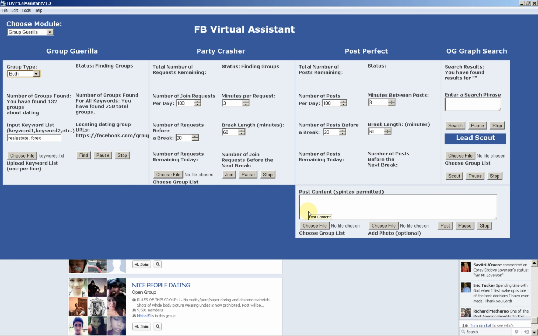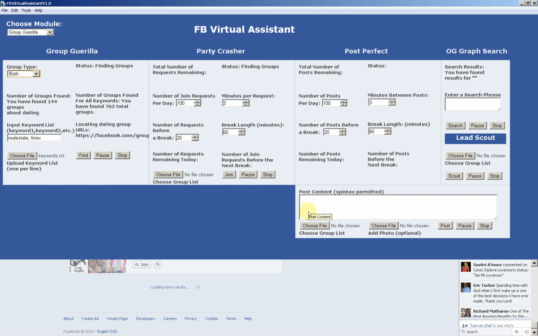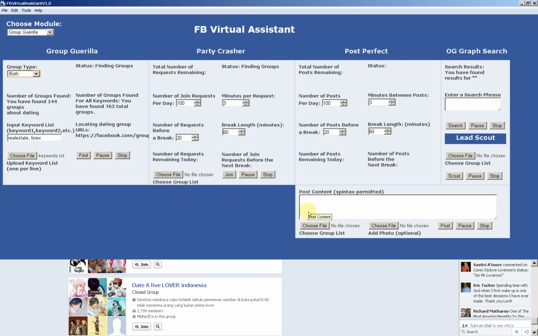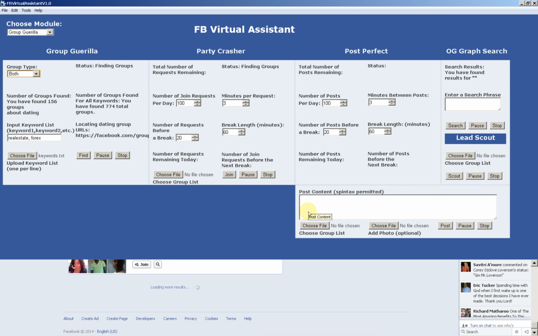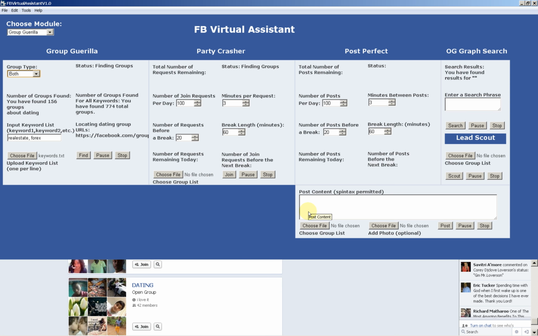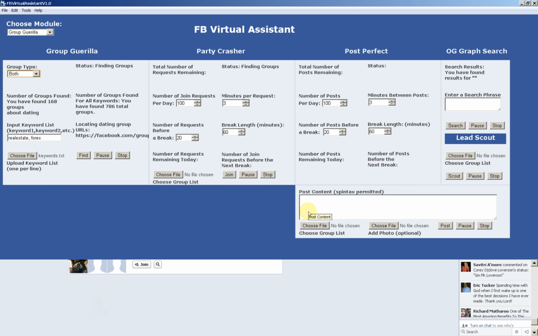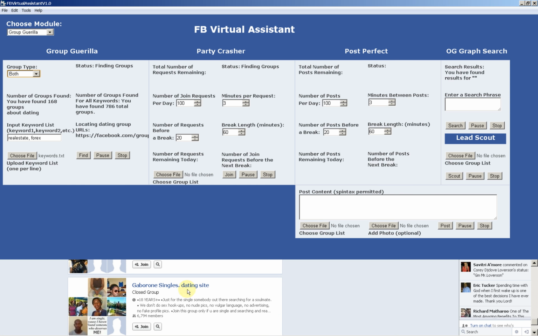Open with. My next move is, I didn't quite get it out for release, but my next move is going to be to give you not only the Facebook URL of the groups, but I'm also going to give you the number of members in each group and the name of each group. It will help you to prioritize